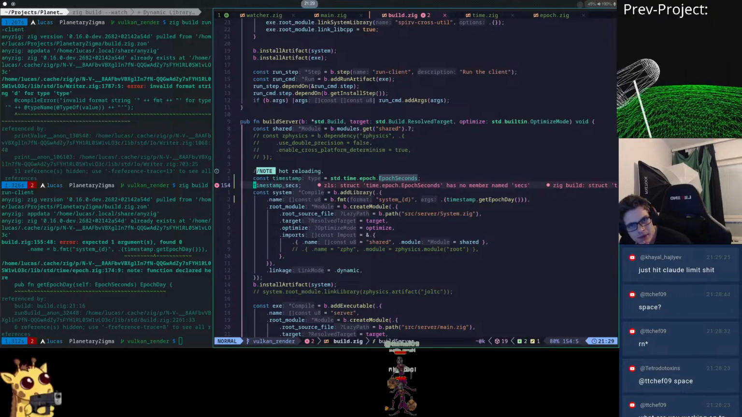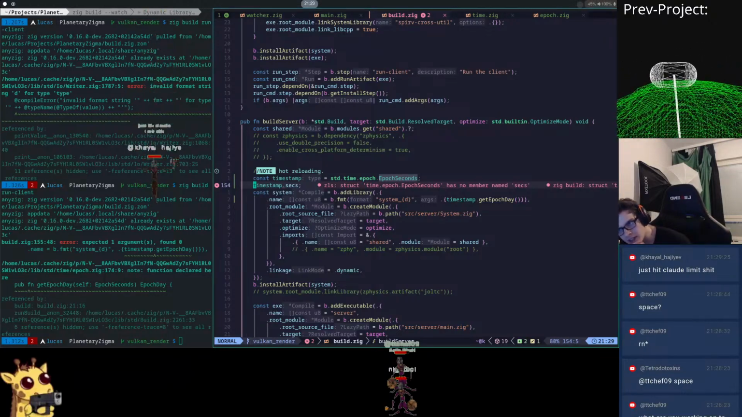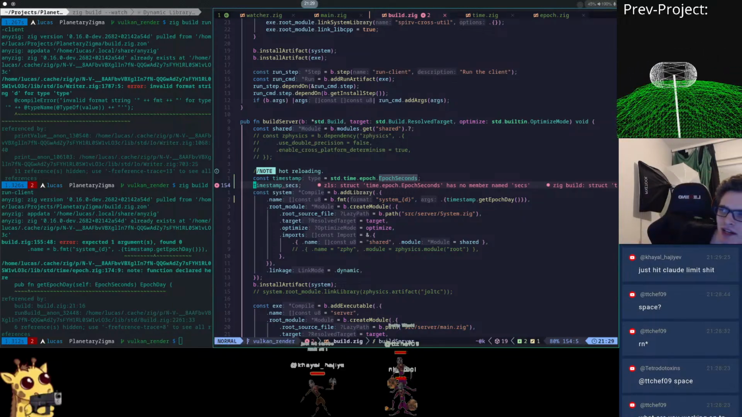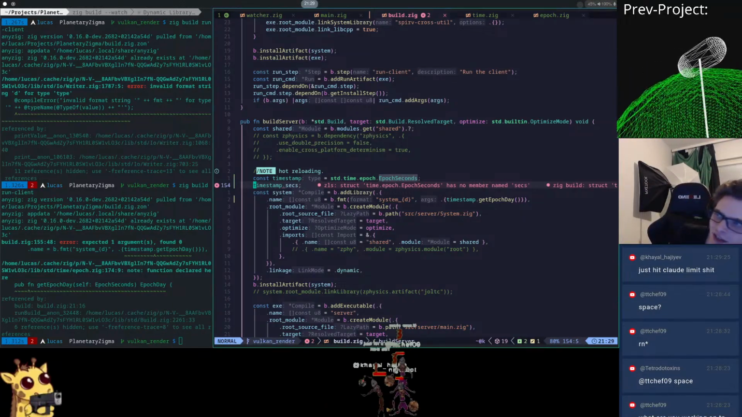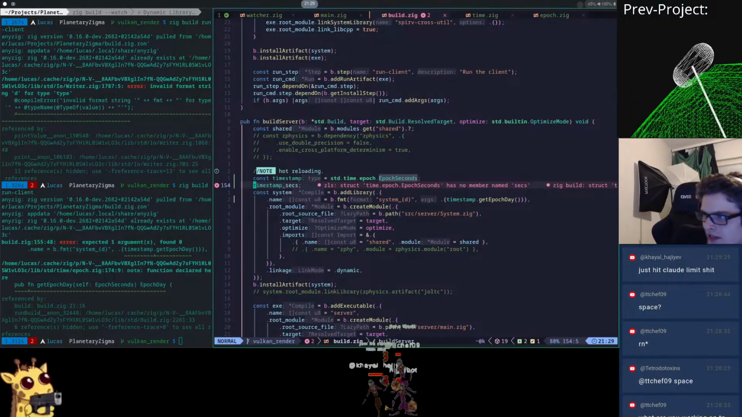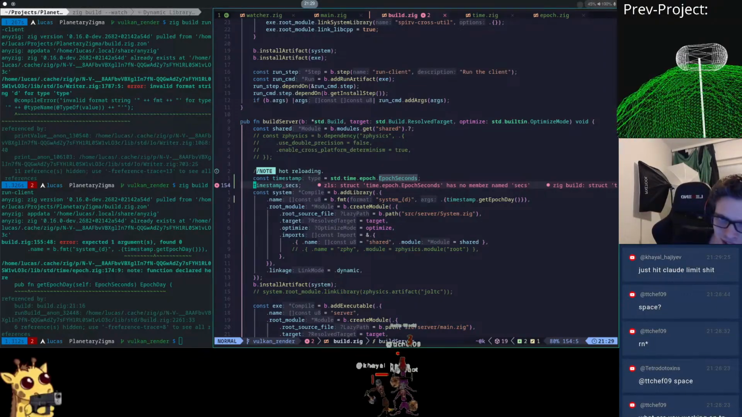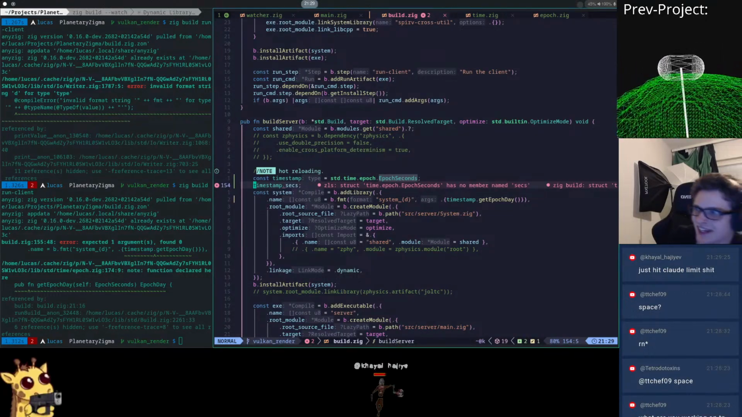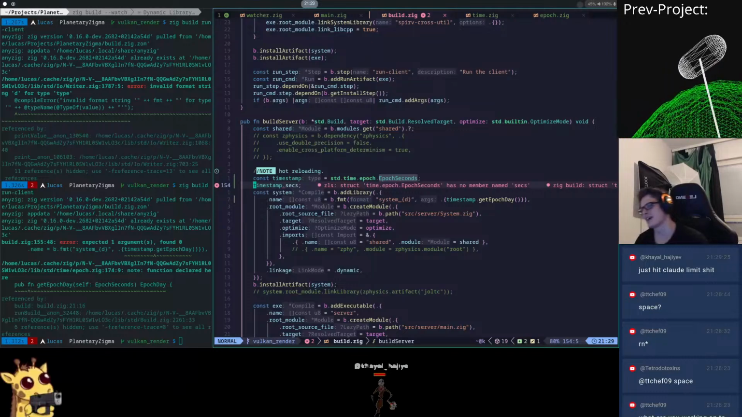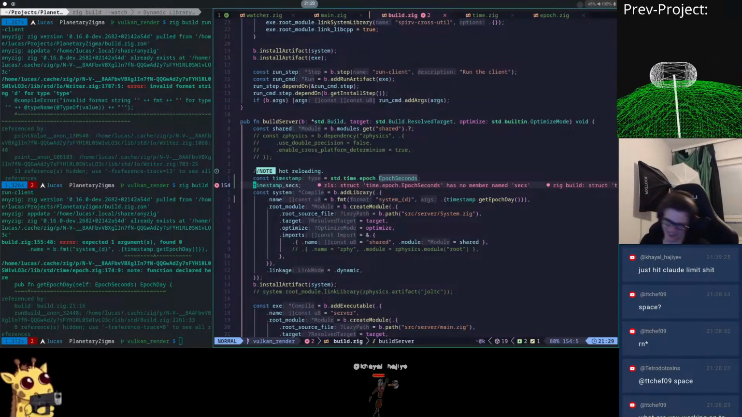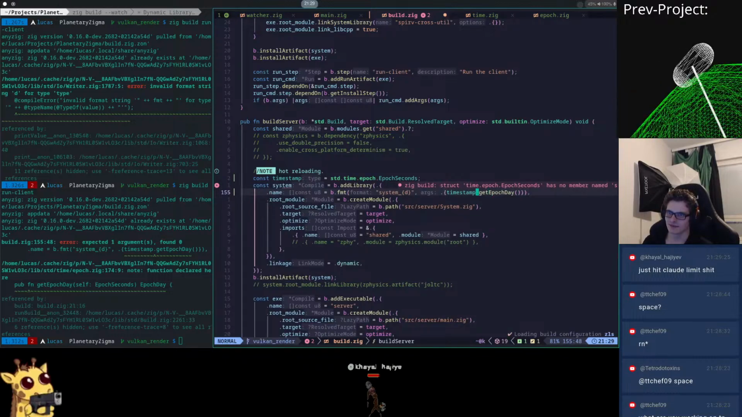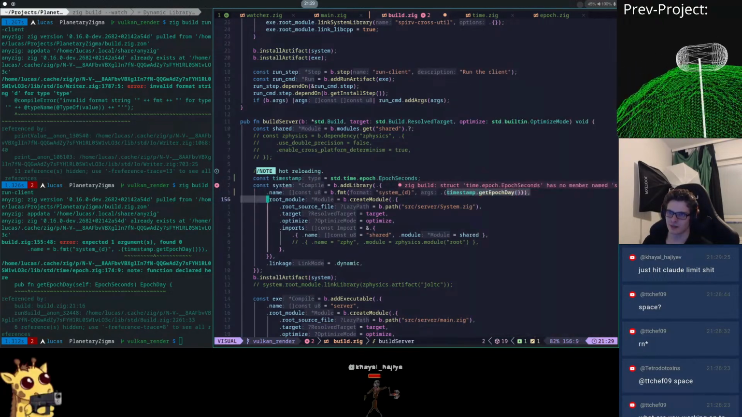Wait, what happened? What are you working on right now? I'm trying to change it so we don't have to have the pending and blocking on the hot reload. Instead, we'll just try to load the file whenever possible. Yeah. Just hit cloud limit. I have never hit cloud limit. Not that I have ever had Claude Pro, but